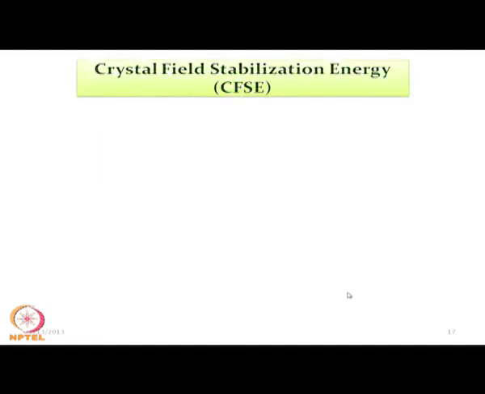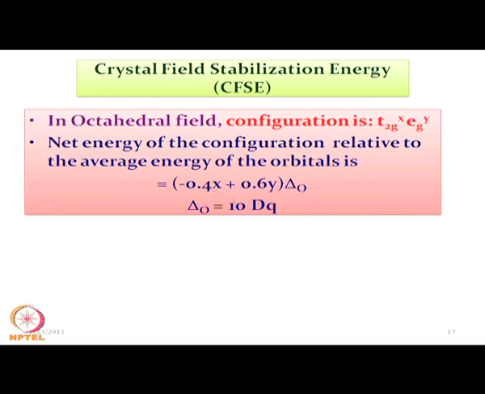Now, we just see what we have just seen, the corresponding crystal field stabilization energy we have calculated in detail for d4, d5, d6 and d7, and what we have seen in terms of the corresponding delta octahedron or 10 Dq values in terms of the corresponding x and y values, and those values are basically giving rise to the amount of energy from the barycenter. So, in octahedral field we can write in general the corresponding configuration as t2g x eg y. This we have seen, how we can write a corresponding configuration for d7 or d5.